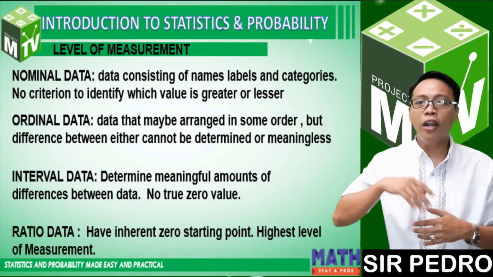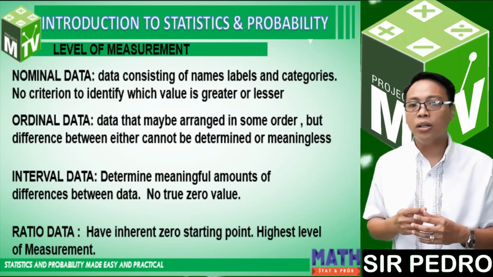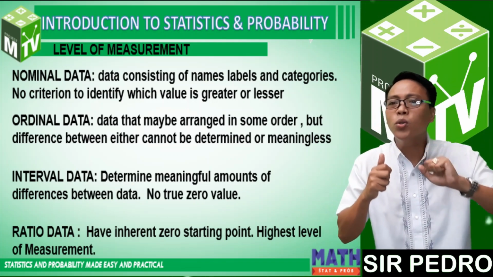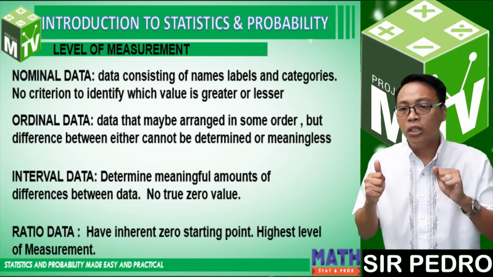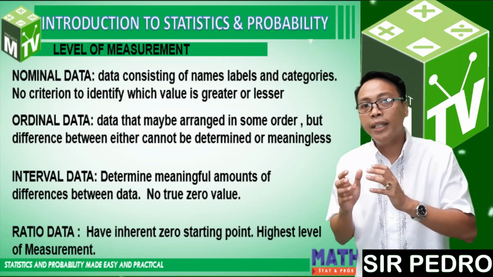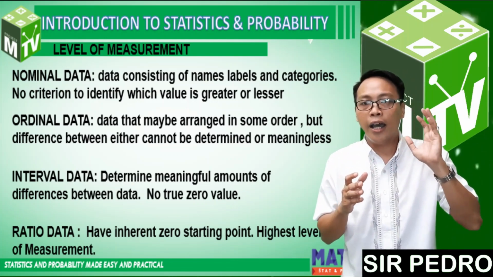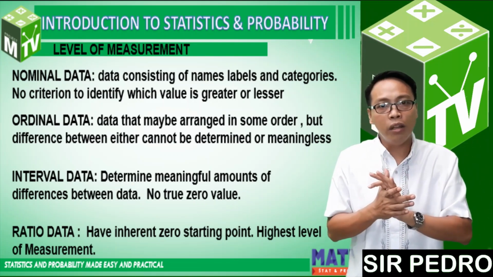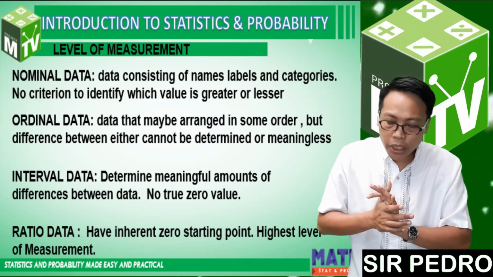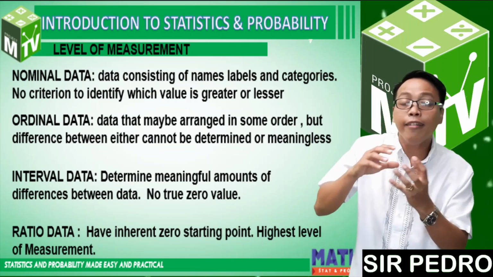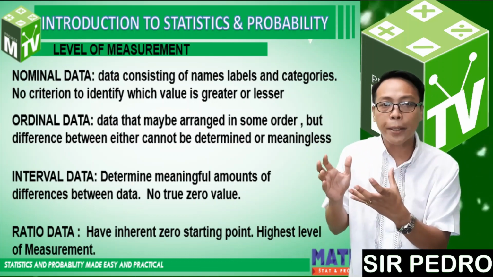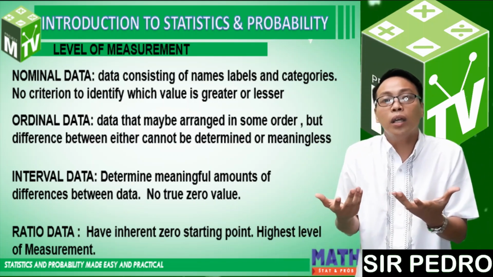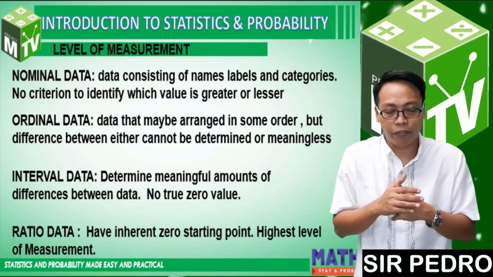For quantitative data, we have interval. When you talk of interval, you talk about true zero value. True zero value means that, okay, in interval data, that means that there is no true zero value. In short, it may not end at zero. Example, temperature. You will get a negative temperature, pH level. Those are data which are interval information.